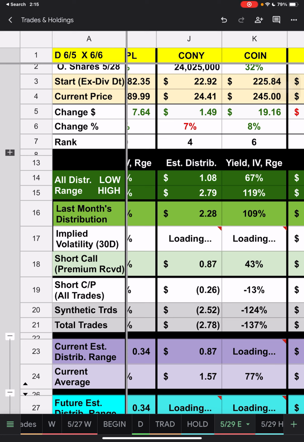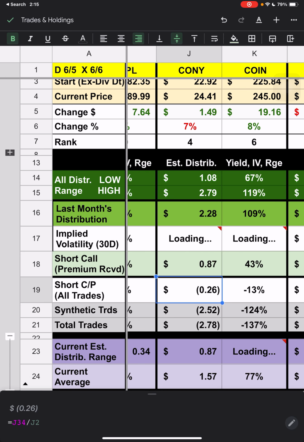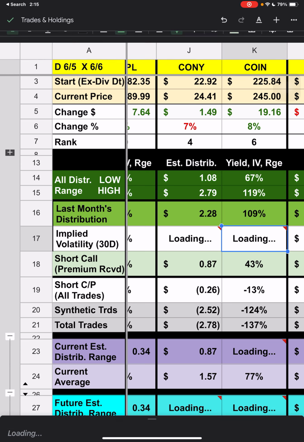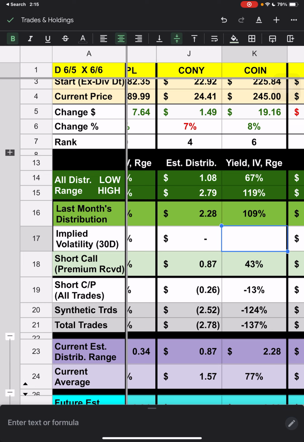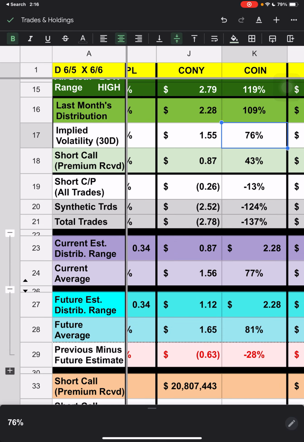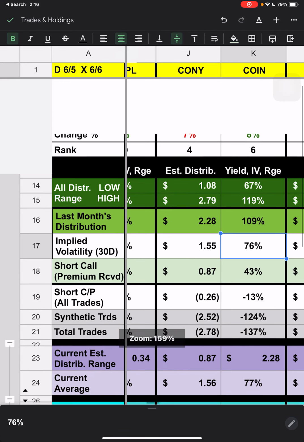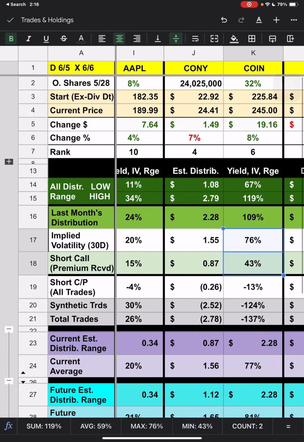So let me look. Okay, so for today, Coney, at least rounded, looking on the roundup, it's 76. Hold on, let me make sure I'm on the right tab before I start messing stuff up. Okay, so we're going to clear this so I can look over here. I don't know the decimals, but I do know it was 76%. There we go. So we can at least get some of that data there. No, sorry, I zoomed in too much.